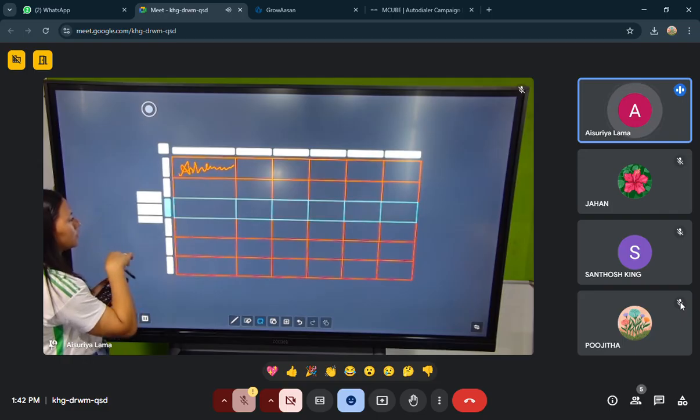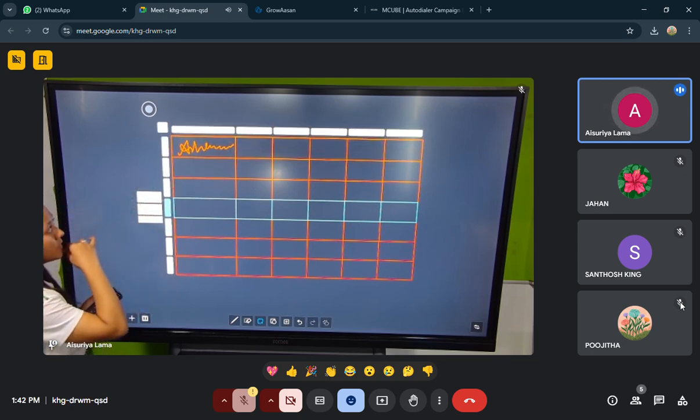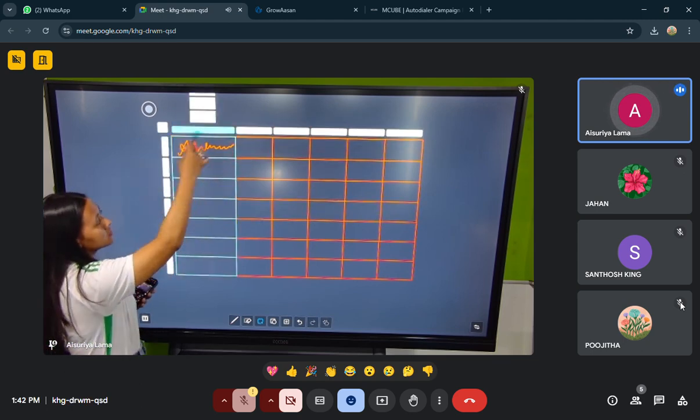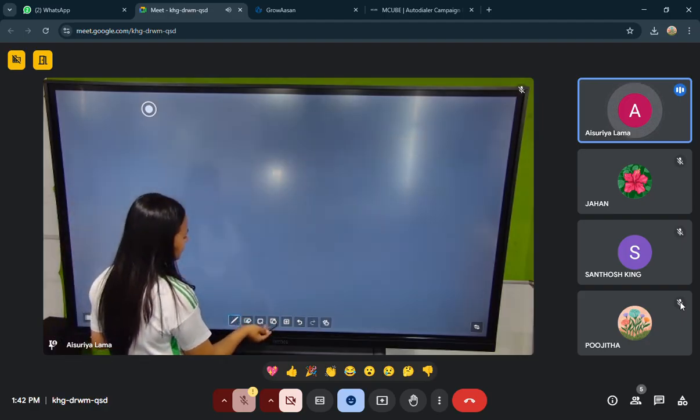So I'll click on one of the boxes. I'll get an option of insert row from top, insert row from bottom, and delete row. I want from top, so I'll click it. Similarly, here you'll get options for columns, similar options. So like this, you'll be able to increase and decrease the number of the rows and columns.